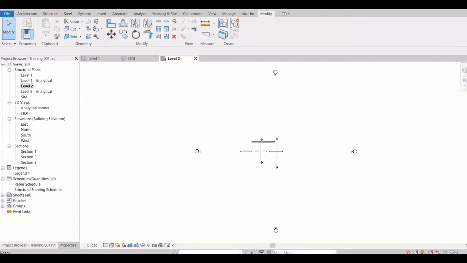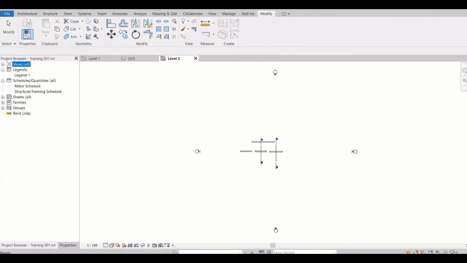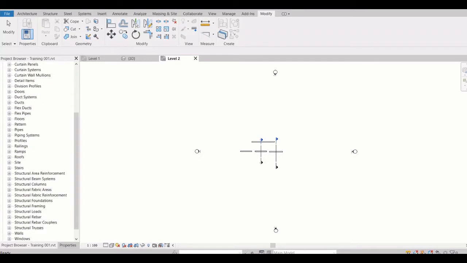So this is our structural plan, 3D view, elevation, all sides of elevations, sections, right? Then finish view, then we have a legend, then schedules, then sheets, and then we have a list of all families.